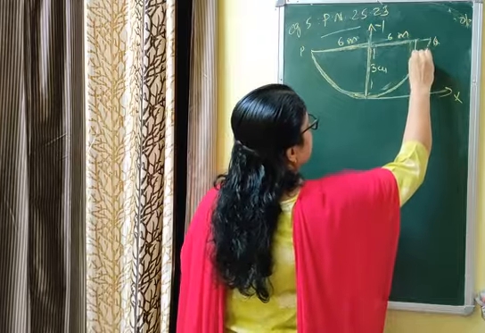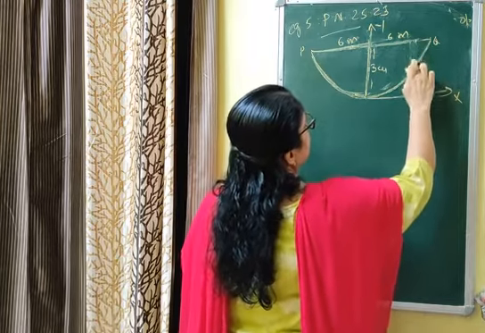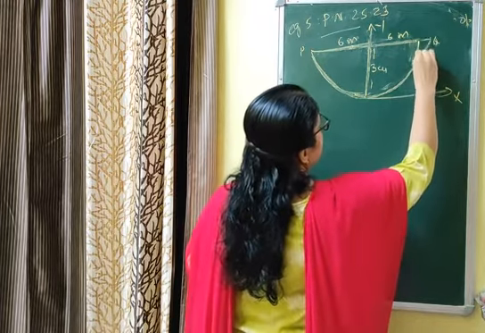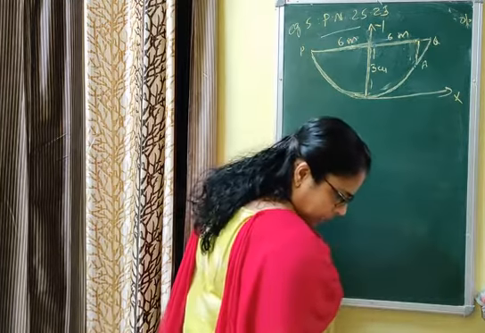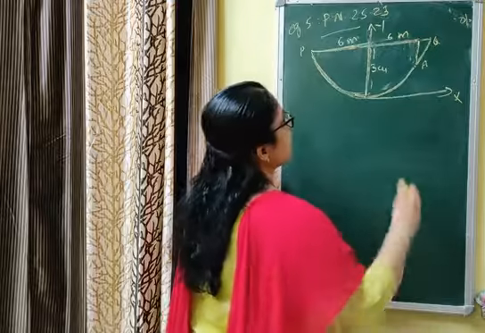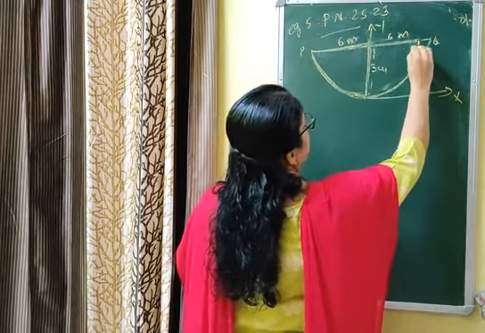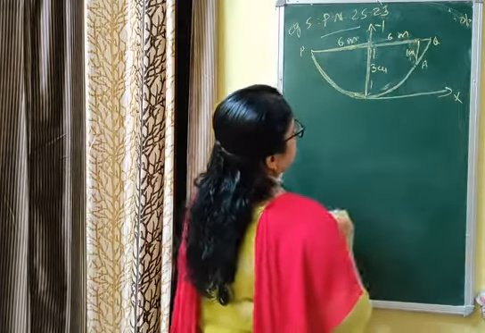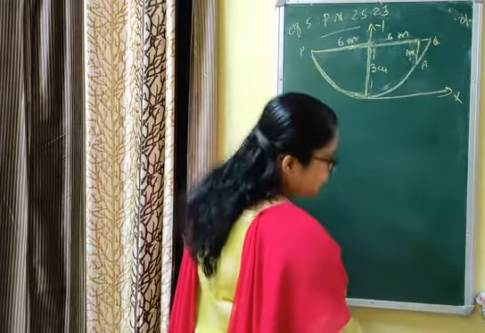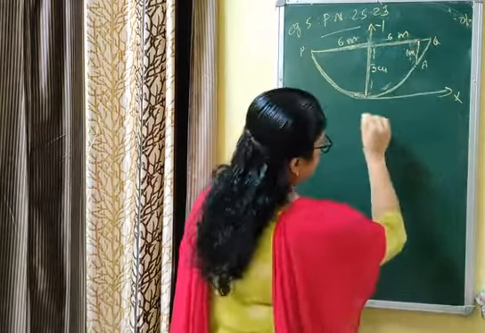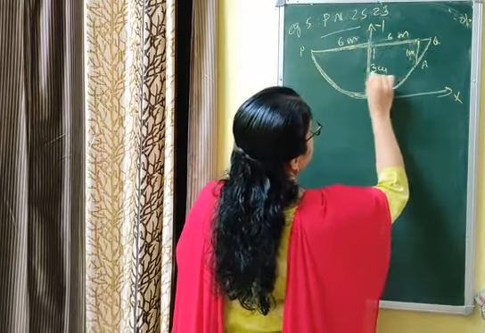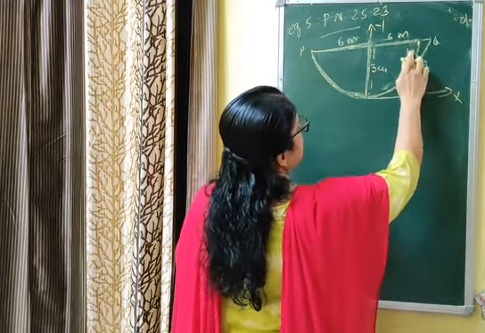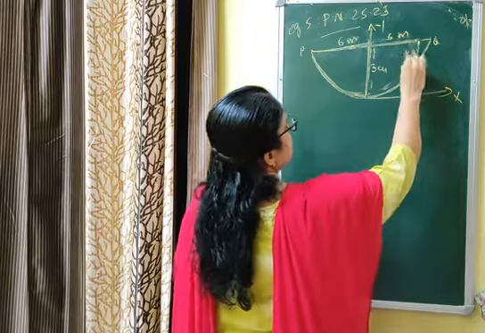Let A be the point whose deflection from the center, a little bit here. Center से deflection है 1 centimeter आपको दे रखा है, ये distance. Now you are asked to find how far from the center the deflection of the beam is. You have to find this distance. इसका deflection का length, deflection means the depth, that is 1 centimeter.